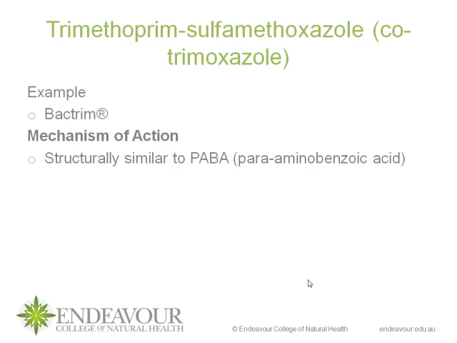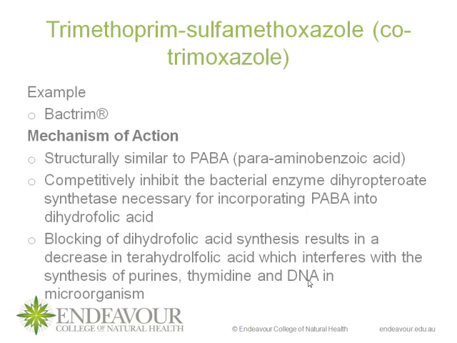Then to have a look at the trimethoprim sulfamethoxazole combination called cotrimoxazole. Formulations such as Bactrim contain both chemicals. There is a structural similarity of sulfamethoxazole to para-aminobenzoic acid. This substance will then competitively inhibit the bacterial enzyme called dihydropteroate synthase. This particular bacterial enzyme is very unique to bacteria and needed to incorporate PABA, or para-aminobenzoic acid, into